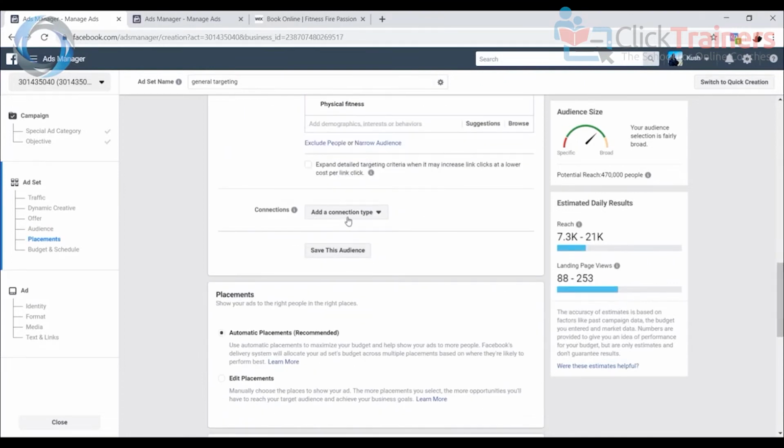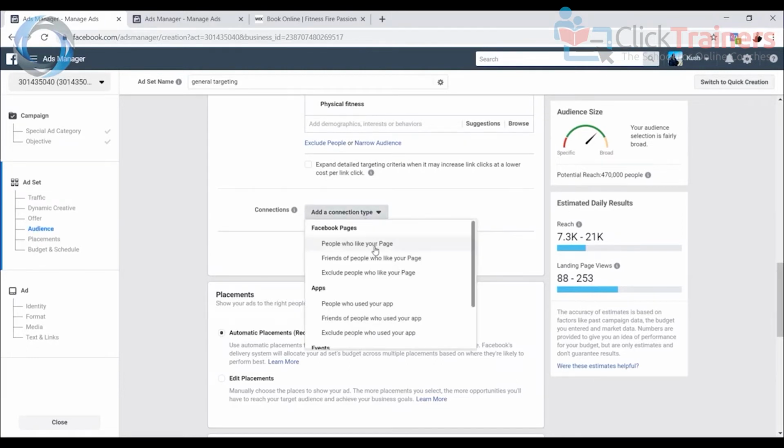Then it's connections. So you have the option: do you only want to show it to people who are connected to your Facebook page? That means people who like your page or friends of people who already like your page. So this is a good, decent option if you already have a very popular page like I have with Creative Pad Media. So in that case, I can probably select this, but I still don't, because then this is going